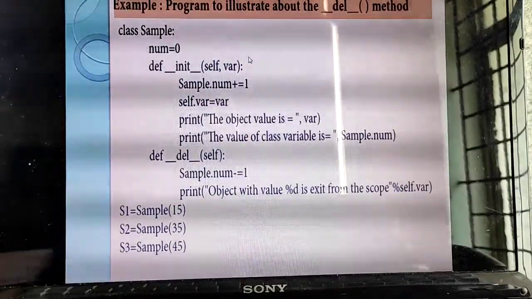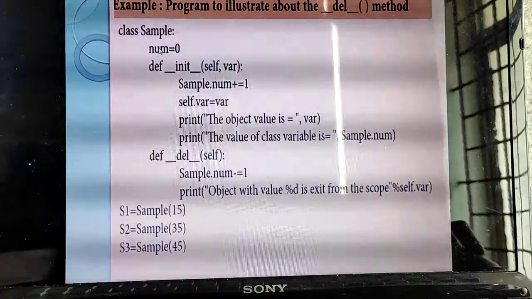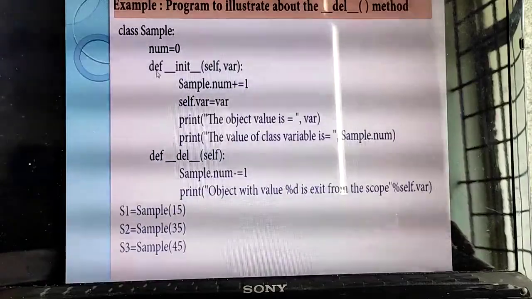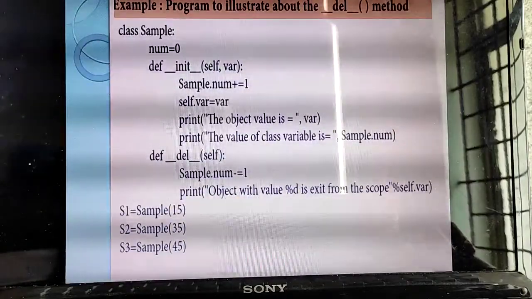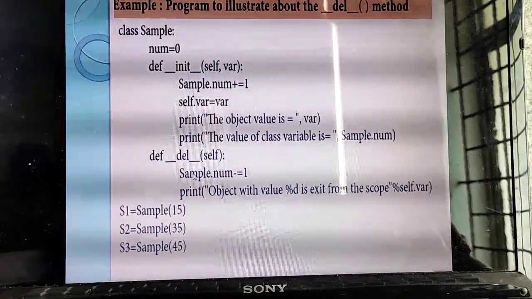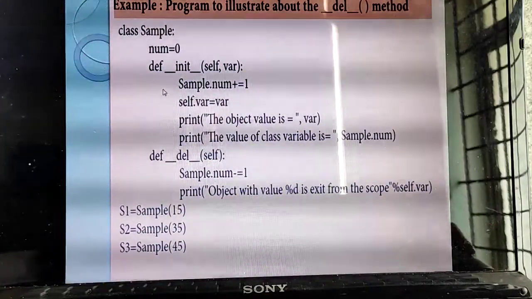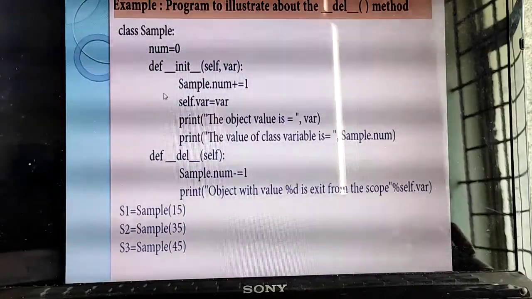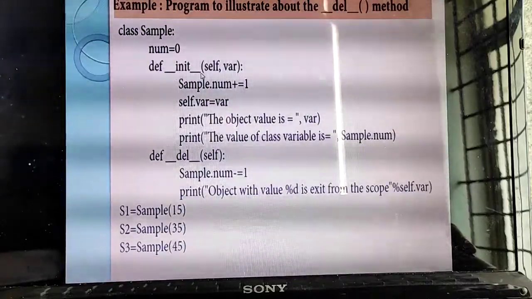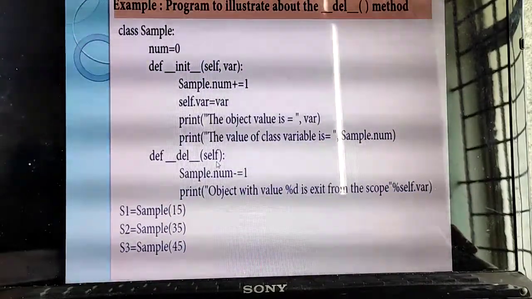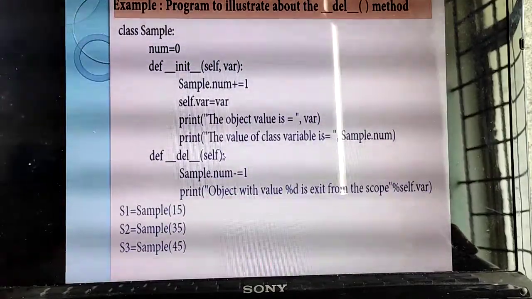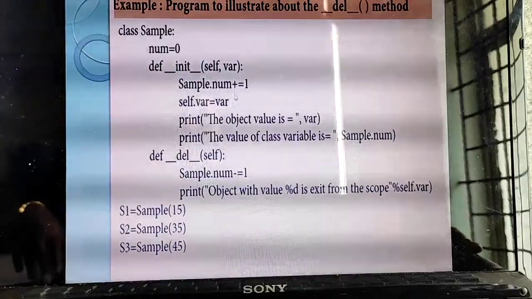Okay, listen carefully. It is the same program, which you have already studied. Class sample inside the same program. In that program you defined only the constructor alone, isn't it? But here you have defined the destructor too. So which one is the constructor and which is the destructor here? This is the constructor, because the function called underscore init is there. But here see underscore del, with only one argument called self, automatically assigned. So here you are giving sample.num minus equal to 1.